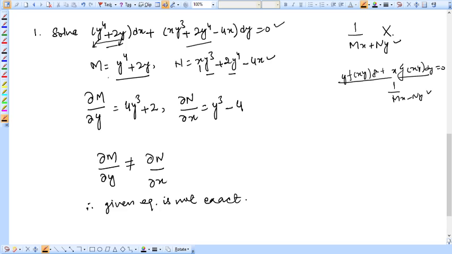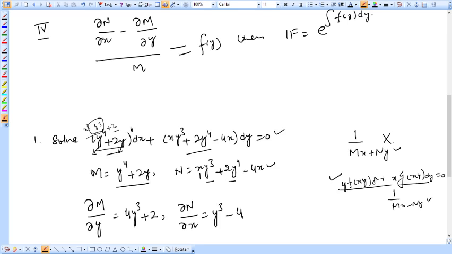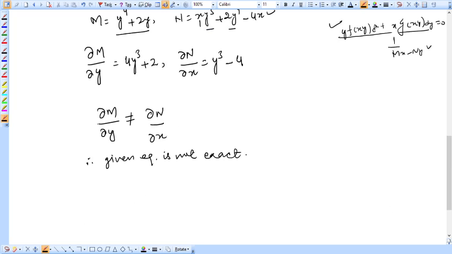So see here, it is not in the given form because if I take y out from here, I'll write it outside of the bracket, y dx, then it would be y^3 + 2. Here y^3 is alone, there is no x^3 with this, therefore this is not in this form. So the second rule is also not applicable. Let us try to look at rule 3 or rule 4. For that we will have to find the difference between ∂M/∂y and